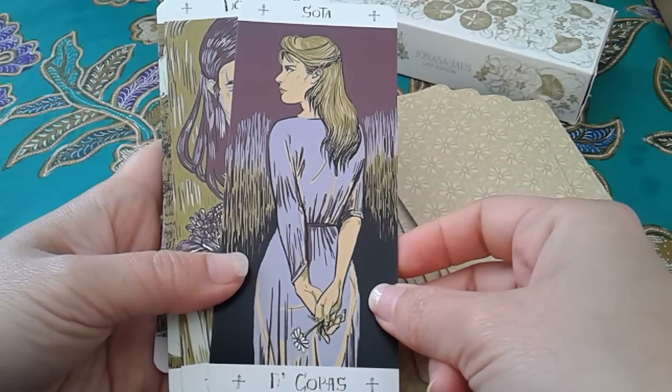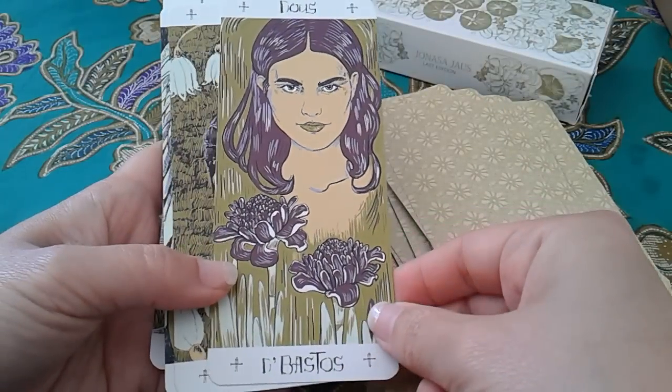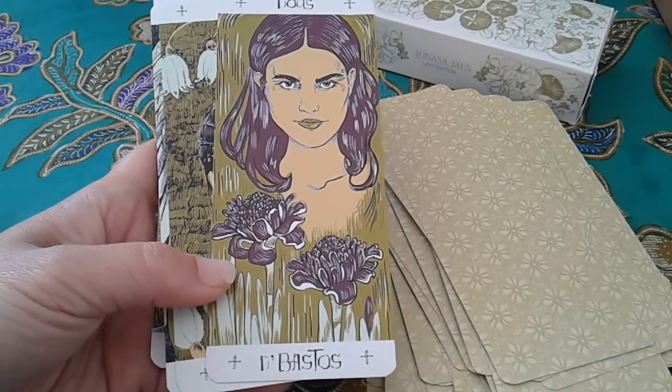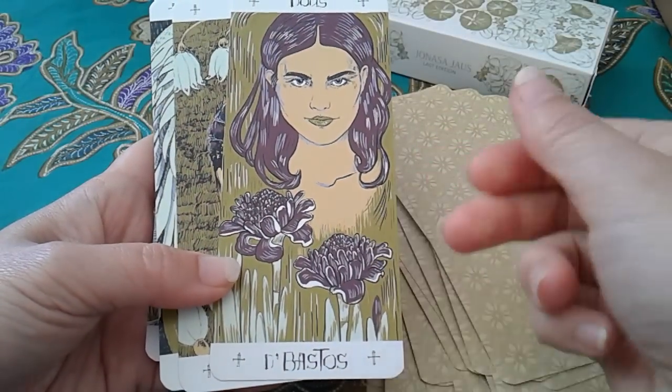So this is the Page or the Jack of Cups. This is the Two of Wands. And the flowers here to me feel fiery. I don't know why that is. It just seems to be fiery to me. So that's the Two